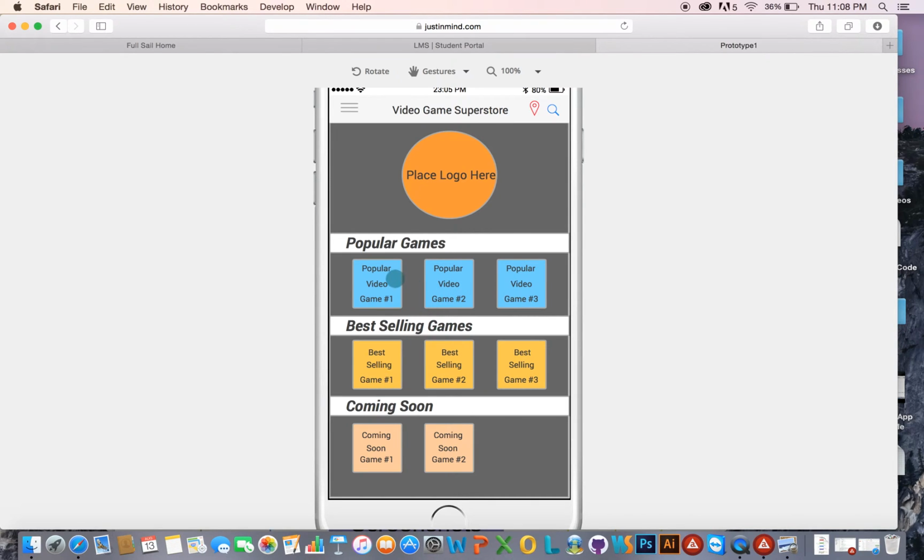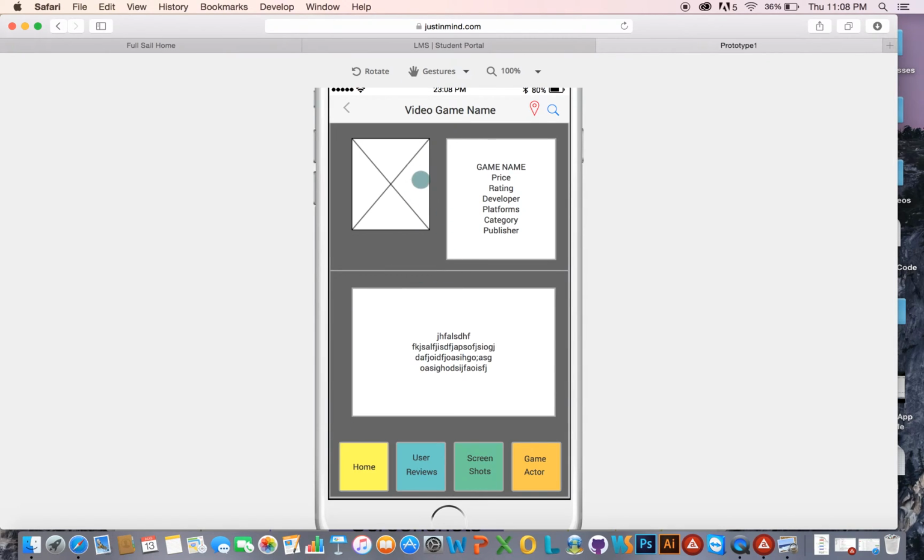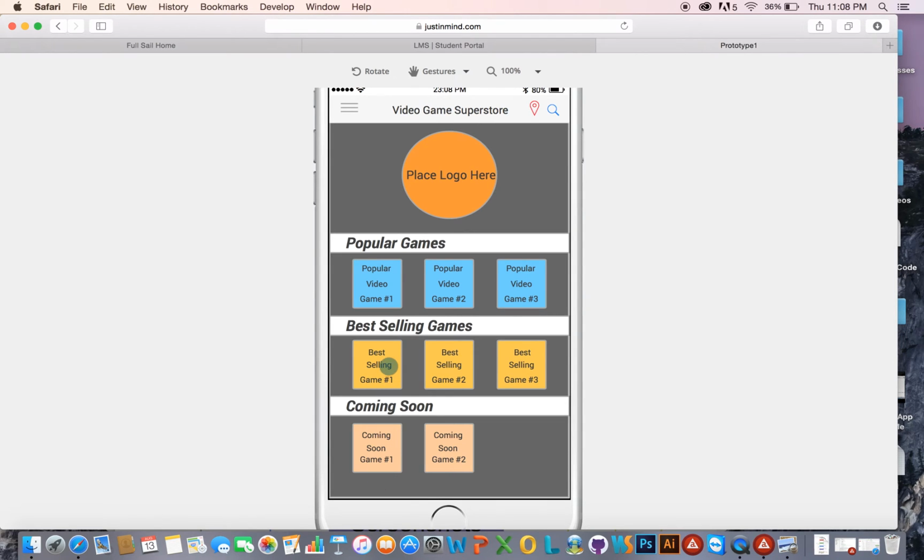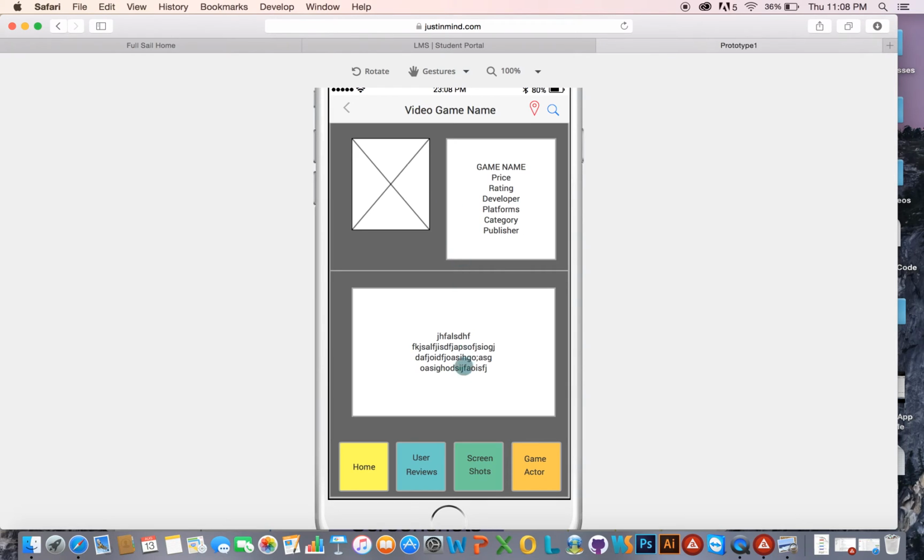And if you click on one, it would lead you to the video game name, which is our gaming info. We have an icon for the game, some of the info of the game, and the description of the game will be here. Down here in our navigation toolbar, we can see where they can either go back to the home, and they can pick another game, which will lead them back to the gaming info, or then they can go to the user reviews,